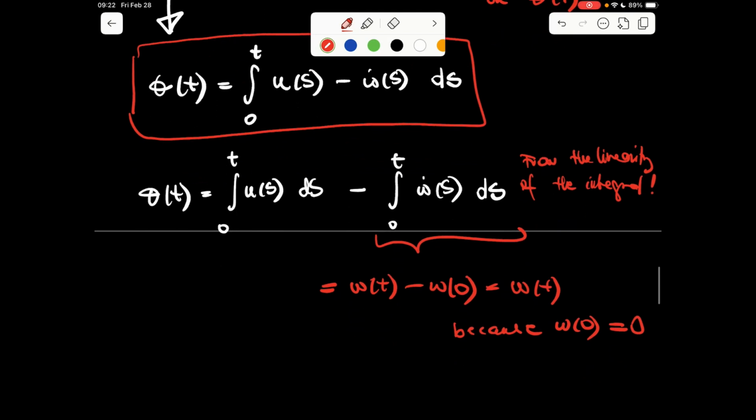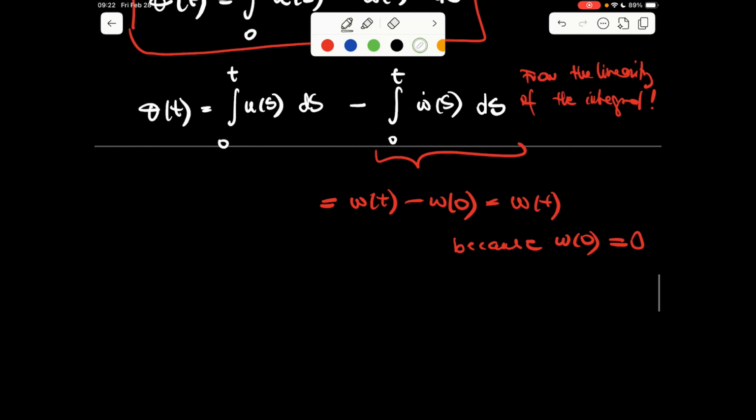Okay, all right, so we have this equation